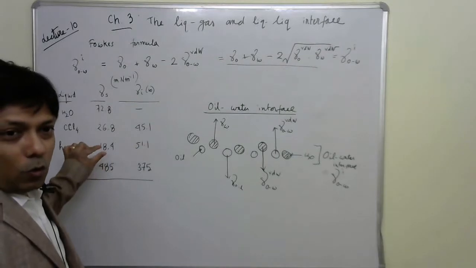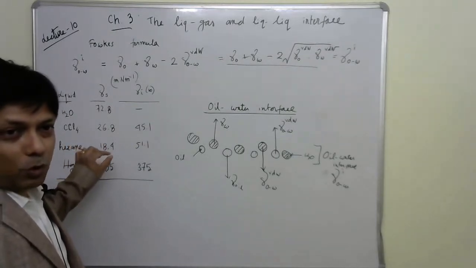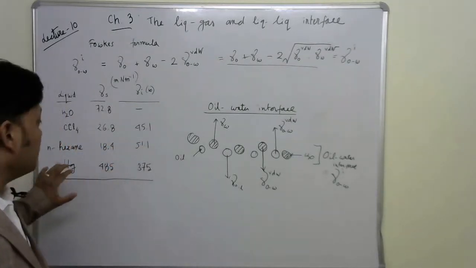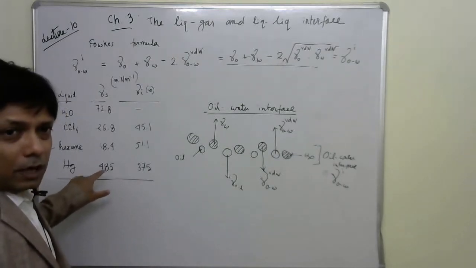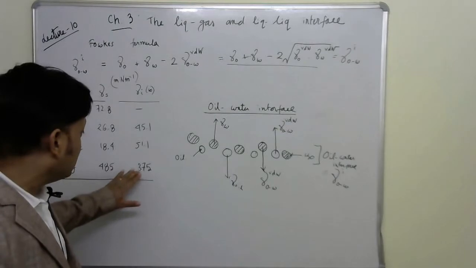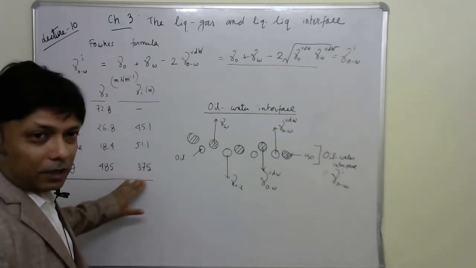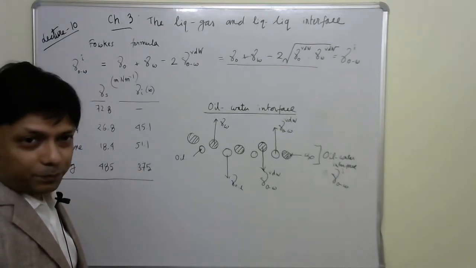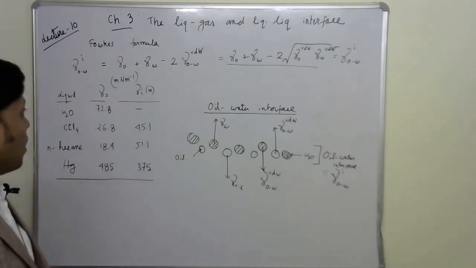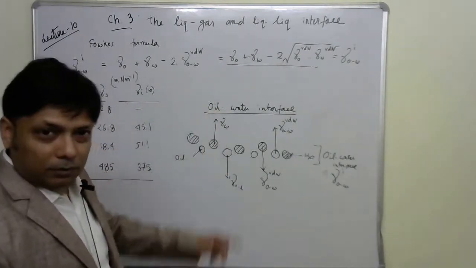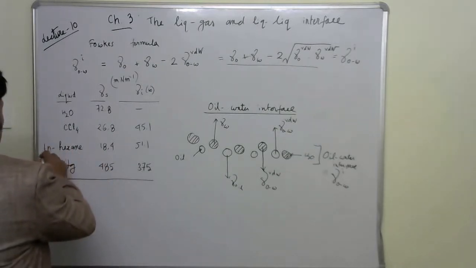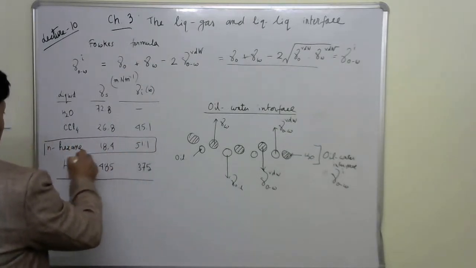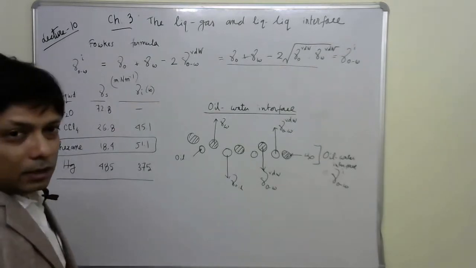N-hexane is very low, 18.4, but when it interfaces with water, it increases to 51.1. And mercury, interestingly, is very high. You see 485 millinewton per meter. It decreases to 375 when it interfaces with water. Okay. So now, in the given example, suppose I take the oil medium as N-hexane, all right, then can